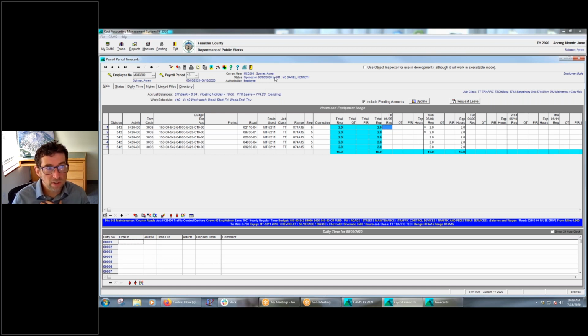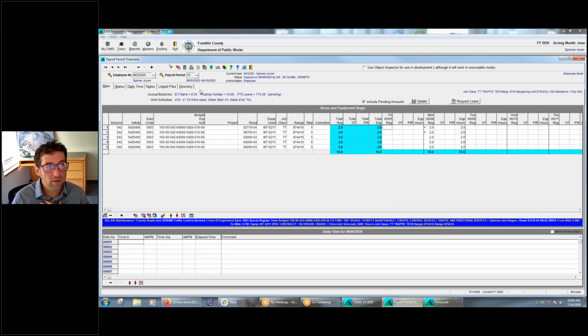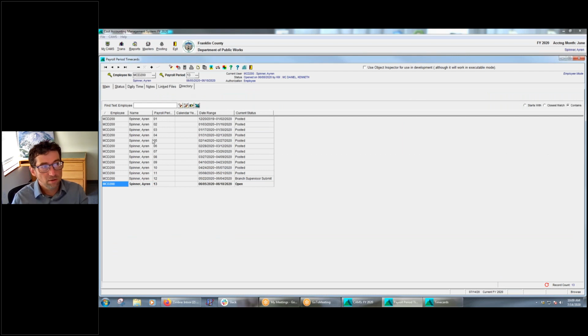Here's the status of this time card. That's referring to the status tab. Talk a little bit about that later. And then my current authorization is employee, right? That means basically I'm just authorized to see myself. So if I go to my directory, all I see is Ayren Spinner. That's the standard